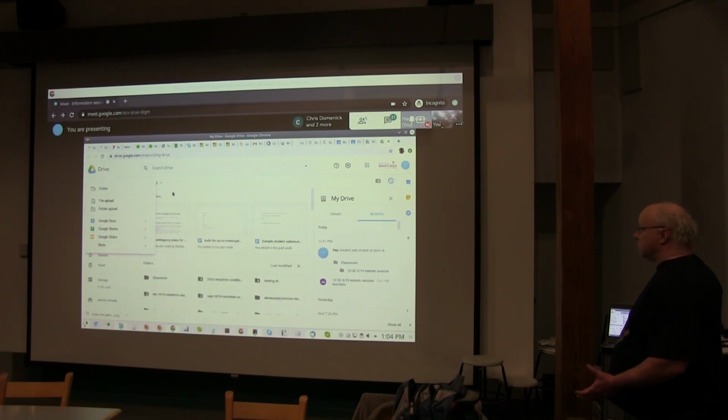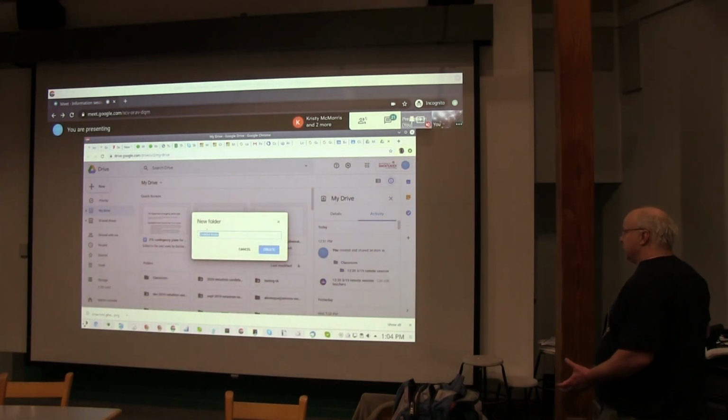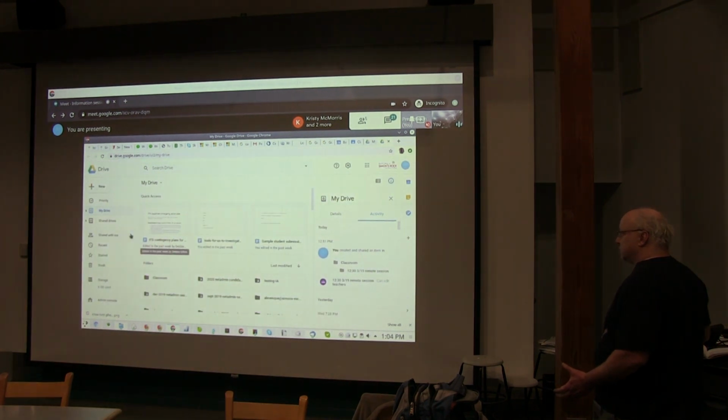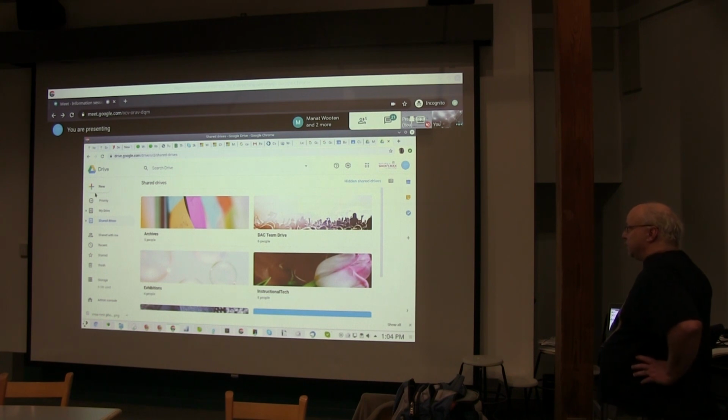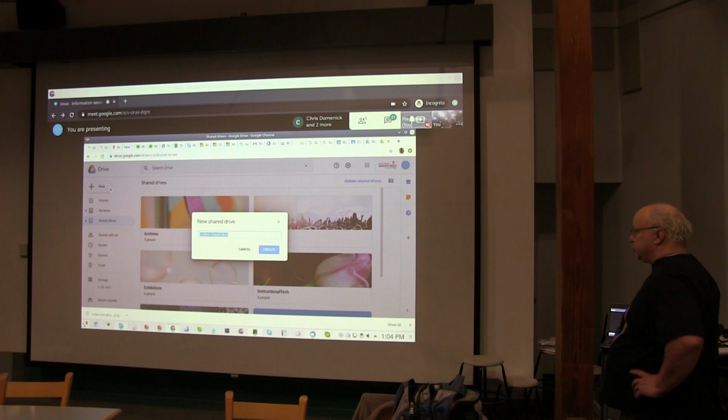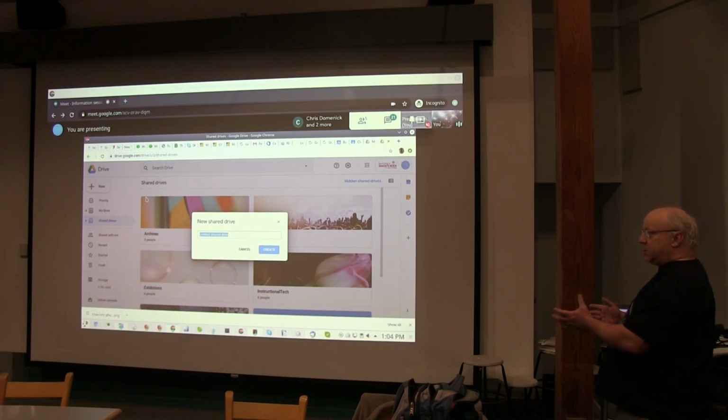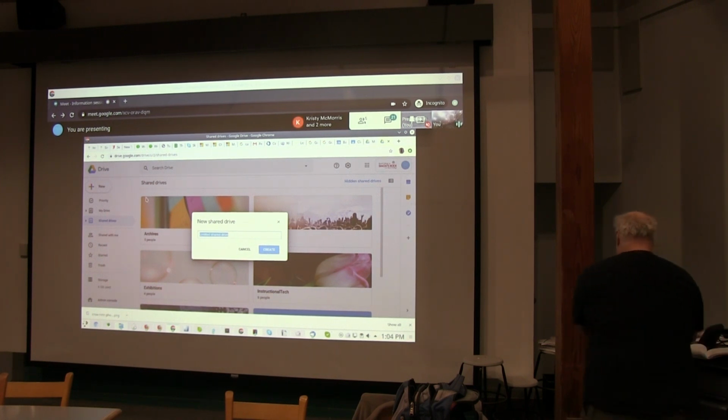Folders are at the top there. If you create a folder, that's not going to do a shared drive though, I don't think. So if we go to shared drives, and then new shared drive, just name it, and then